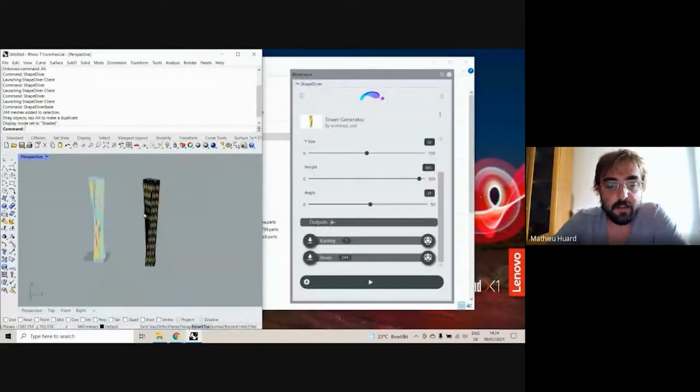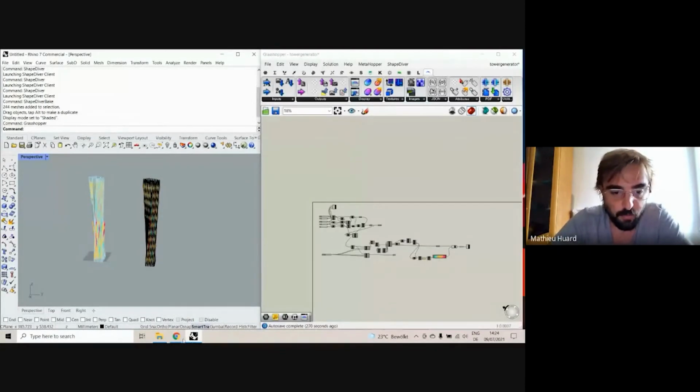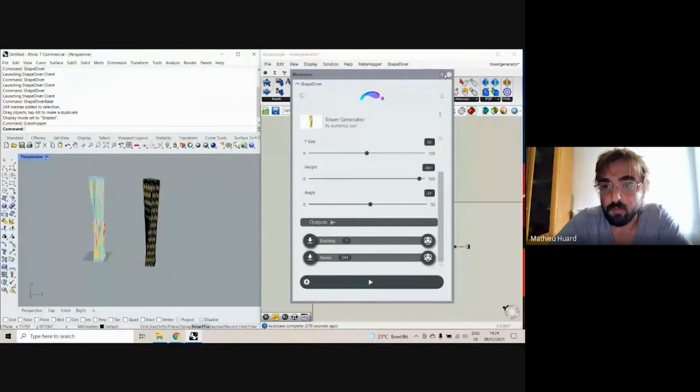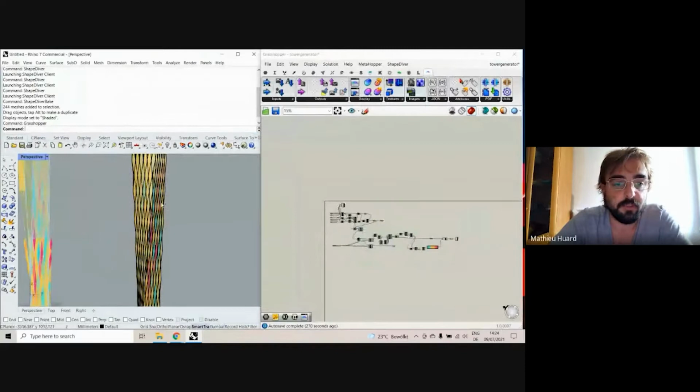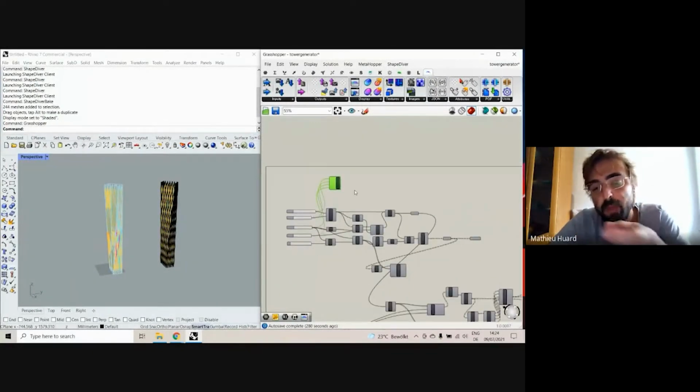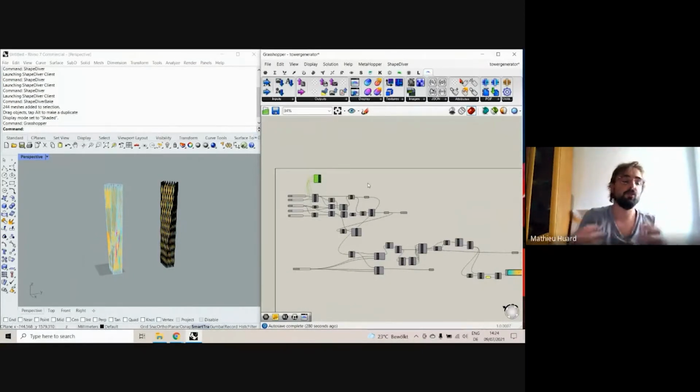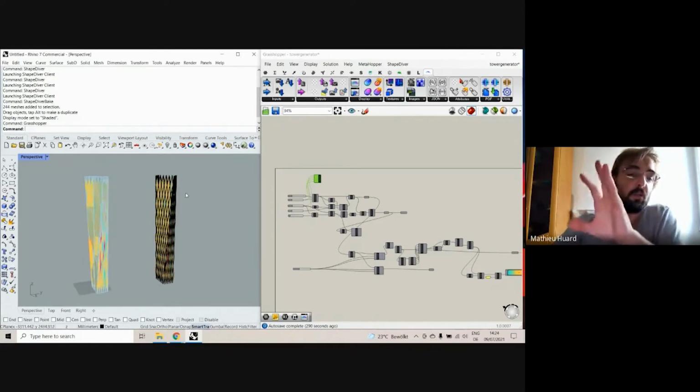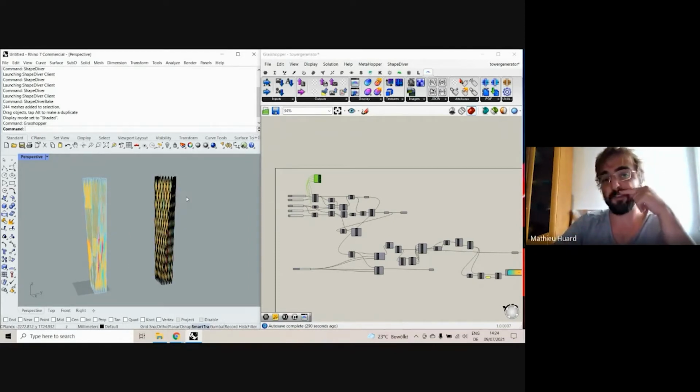Right. So that's the first, let's say, quick introduction to what the new Shapediver tools allow to do. So now let's say that I want to take this a bit further. I want to pair this tool with maybe some design to fabrication workflow, where let's say we're further down the project. We decided on a building. We have the final version of the panels that we want to lay out on the building, and